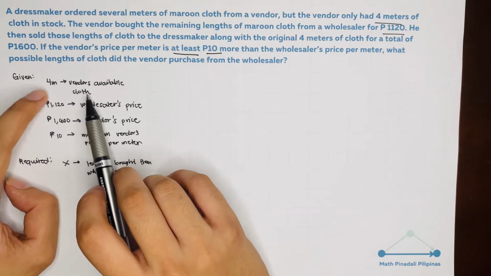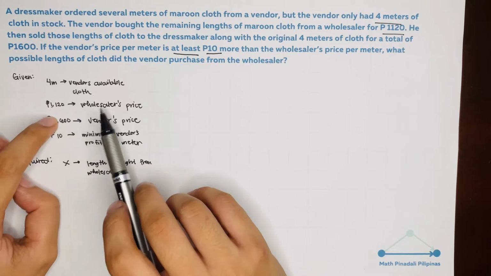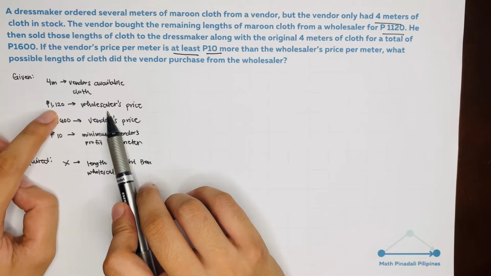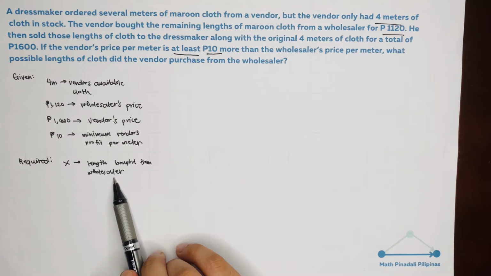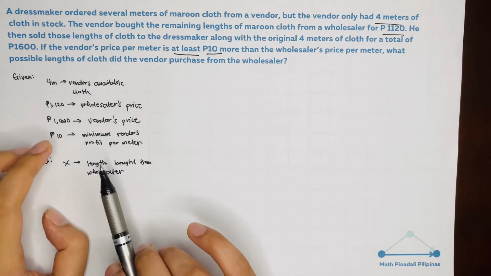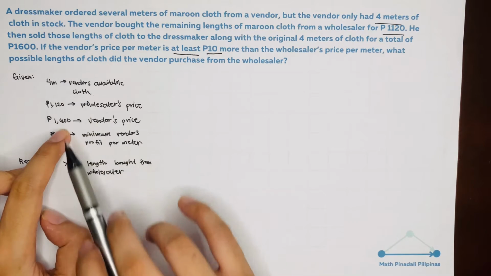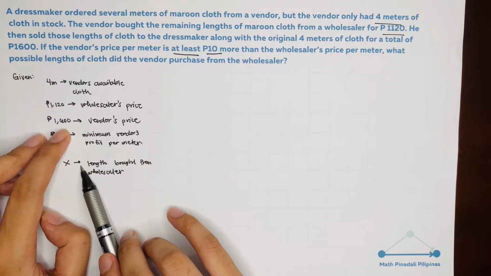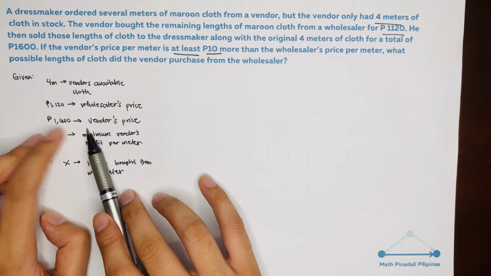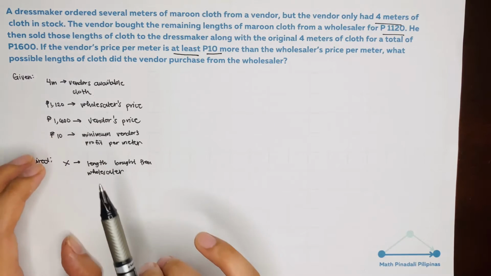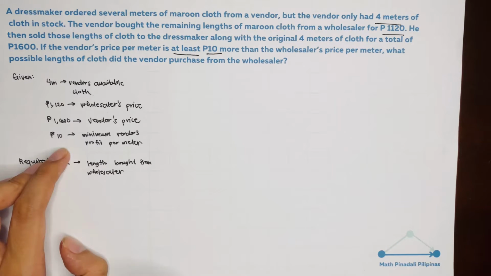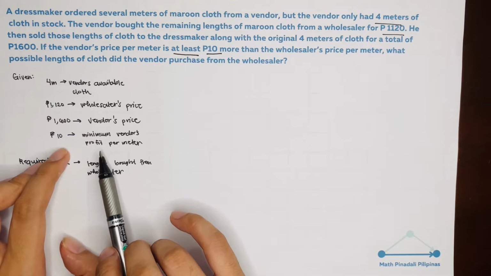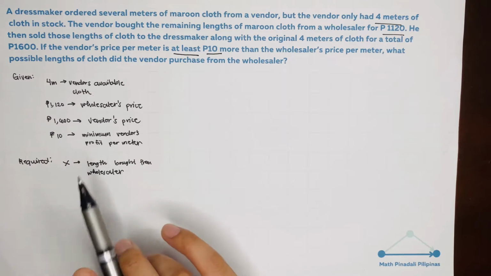Okay, so we have initially may 4 meters si vendor. Then bumili siya at a price of 1,120 sa wholesaler ng X length of cloth from the wholesaler. Then ibinenta niya yon, yung 4 and yung kasama yung X na binili niya at 1,600. Ibinenta niya. And another given, minimum 10 pesos per meter ang kita ng vendor natin. Okay? So solution,